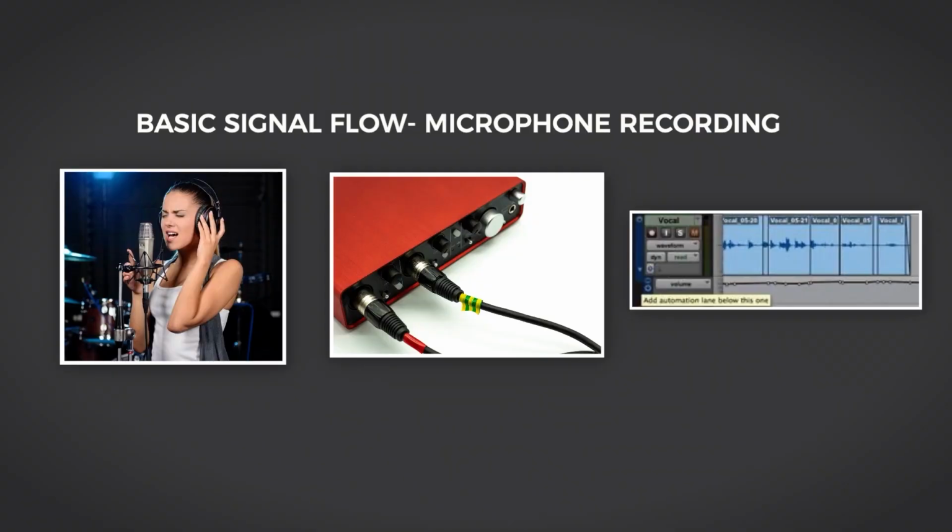This relationship is what we could broadly refer to as signal flow, which is how we describe a sound making its way from its origin to its destination. At a simple level, let's take the example of recording a vocalist. The signal flow would involve a singer performing into a microphone through an audio interface connected to a computer running recording software. The simple ways in which volume could be controlled would be like this.